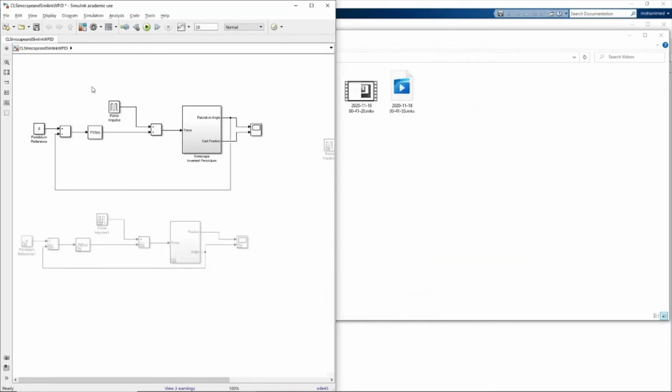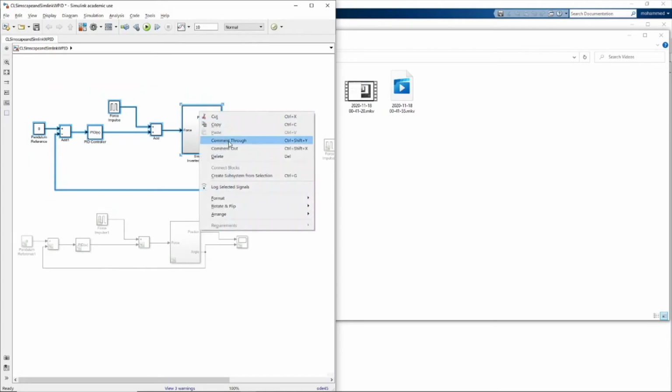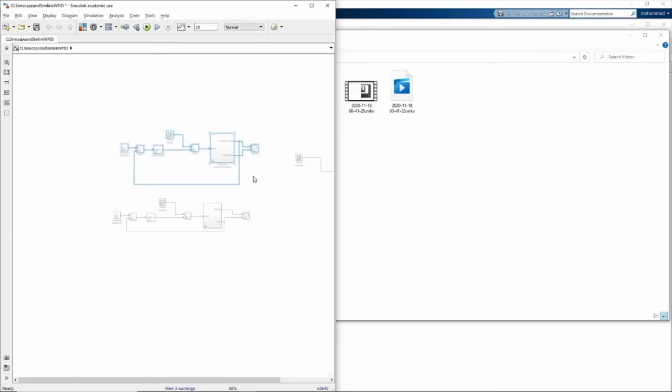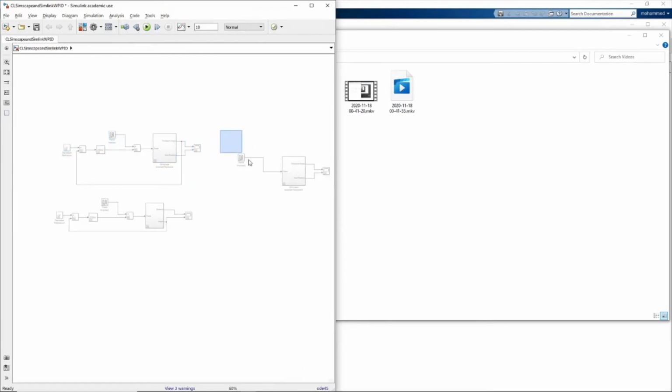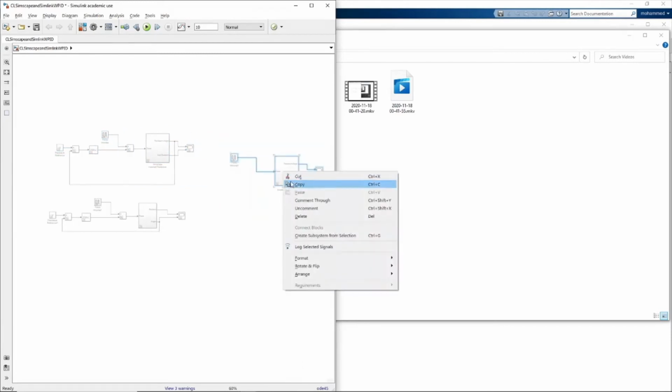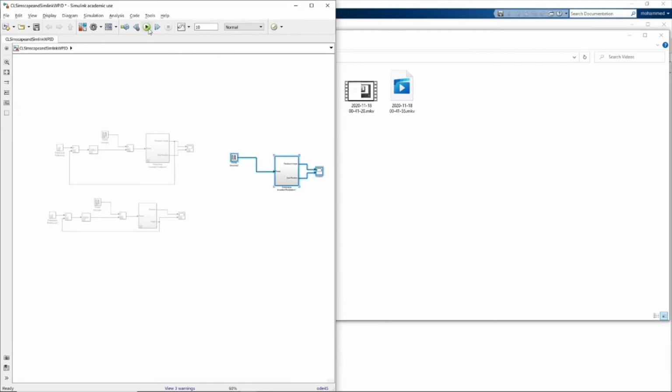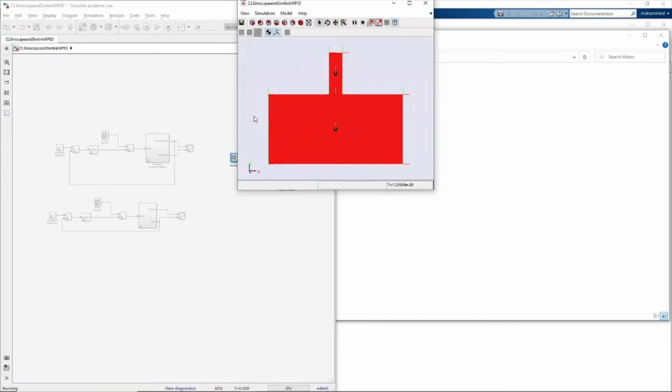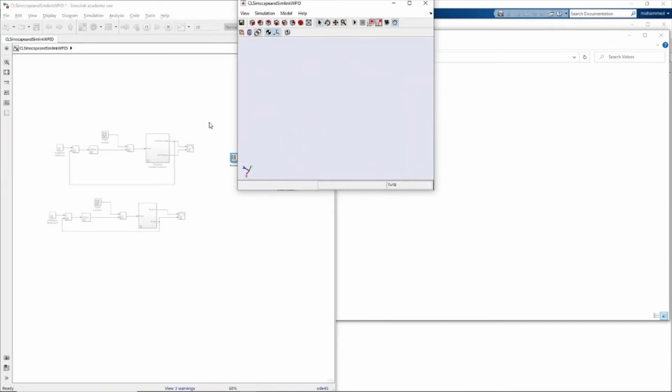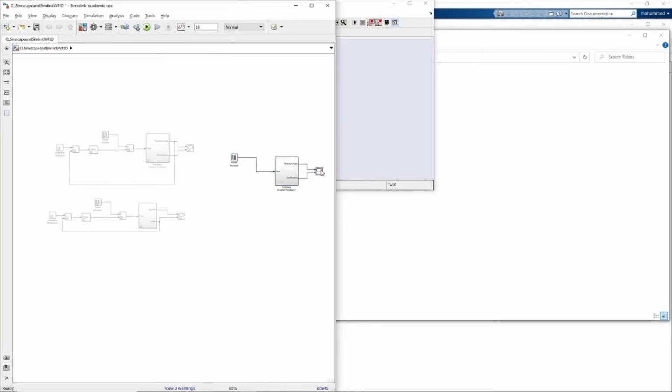Minimize this. Had we not included the PID controller and simply left it as is, so here's the system with no controller and it's just the single impulse, and when I run it, I'll leave it at 10 seconds, but when you run it here, it just flies off screen, which makes sense if you take a look at the